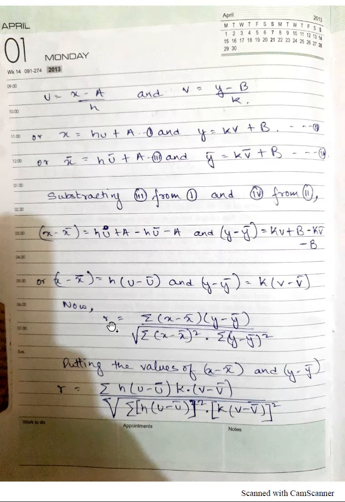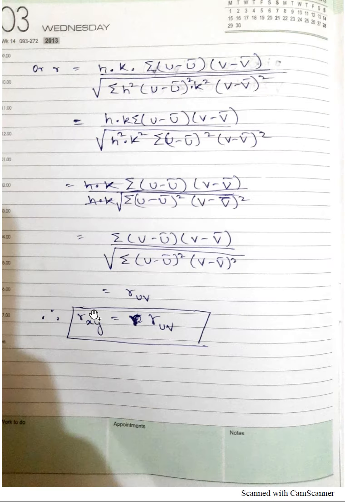So when we started from the correlation coefficient between x and y, we ended with the correlation coefficient between u and v. I have made certain mistakes here, actually I missed putting in the summation sign at a couple of places, so you'll have to do it yourself. Please don't miss it or your entire sum will be wrong. Please remember to add it wherever I have instructed through the video.